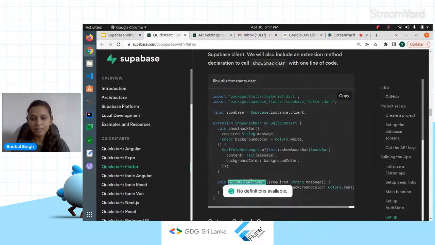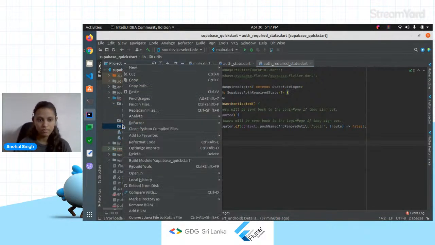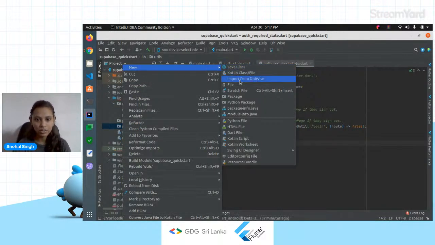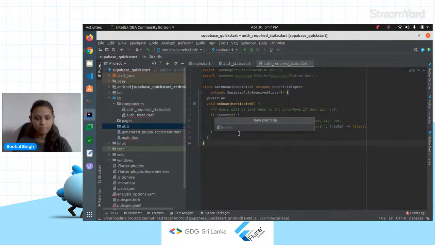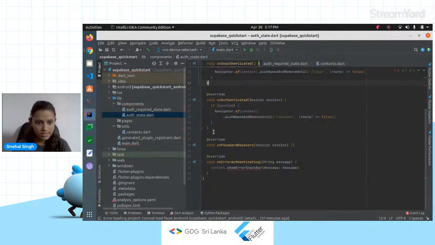the show error snackbar. So whenever any error occurs inside your application, it will show this snackbar with the error message, so you get a proper idea of what's happening inside the project. So I'm going to paste it inside the utils folder. So here we have added the constant file,